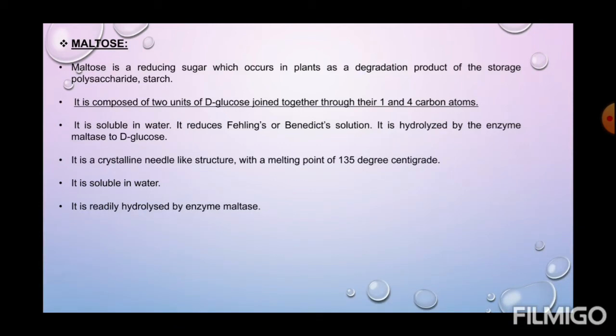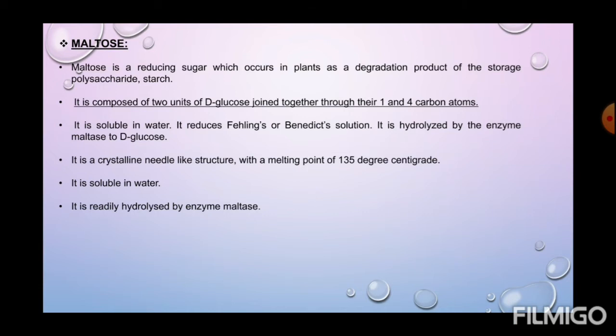When a polysaccharide is hydrolyzed, it breaks up into 5 to 8 sugar units which are known as oligosaccharides. And when oligosaccharides break down, they form disaccharides. Therefore, maltose, sucrose and lactose are degradation products of polysaccharides. Now, maltose is composed of 2 units of D-glucose. Again, children, D stands for dextrorotatory. You will be studying this word dextrorotatory in chemistry, and if you don't get through there, I'll explain it again.